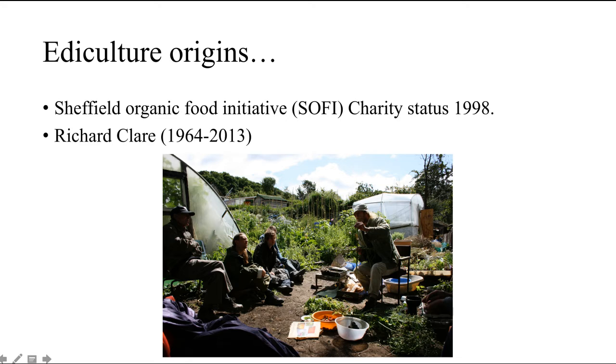And Sheffield had a history of allotments going back at least 100 years. And back in the 80s there were hundreds of allotments that were abandoned. So this group of like-minded people back in the 80s and 90s, who came to set up the Sheffield Organic Food Initiative as supporters of Richard, recognised that this was something that was being neglected by society at large, and also saw that it had huge benefits to the wider world, which I'm sure many of you